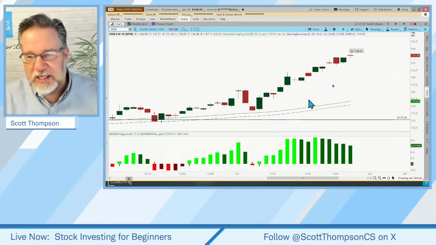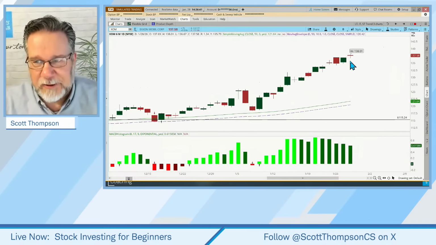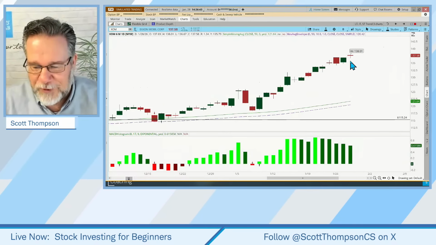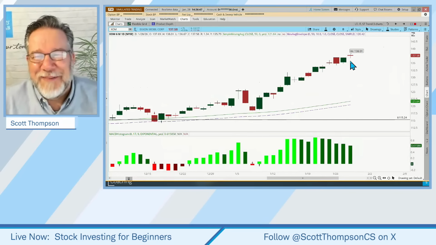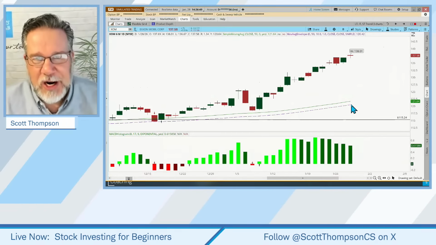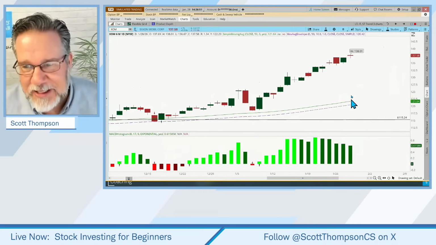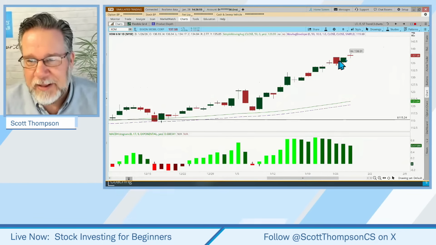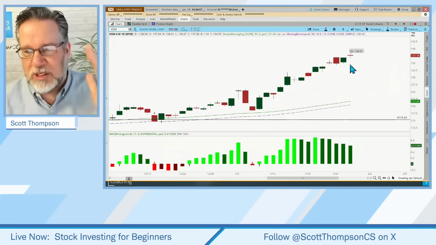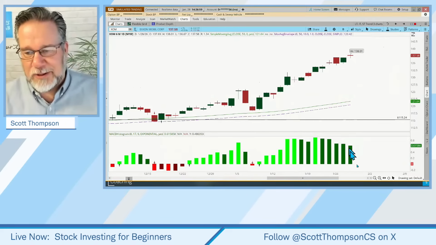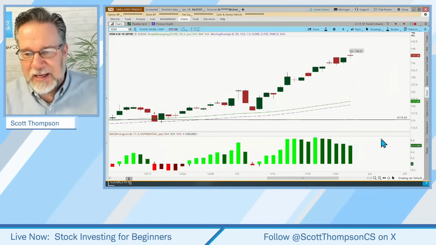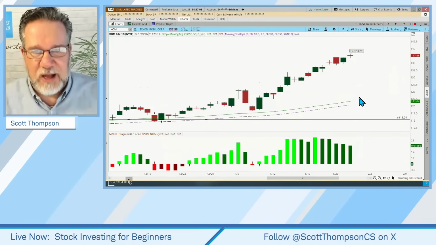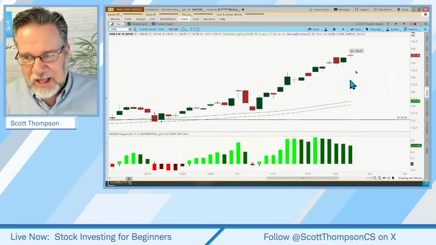Now, the question is, is this still a valid buy signal? Okay, what's the answer for you guys? Is this still valid based on our rules? Well, the answer is yes, it is, but it just feels a little bit late, doesn't it? Feels a little bit late to the dance, and so some traders will just say, you know what, I'm going to wait for the MACD to turn red, and then I'm going to buy it again when it goes green if the trend is still up. But there isn't anything wrong with this.